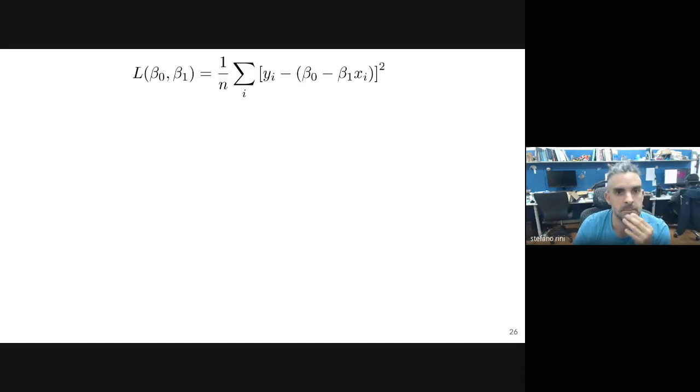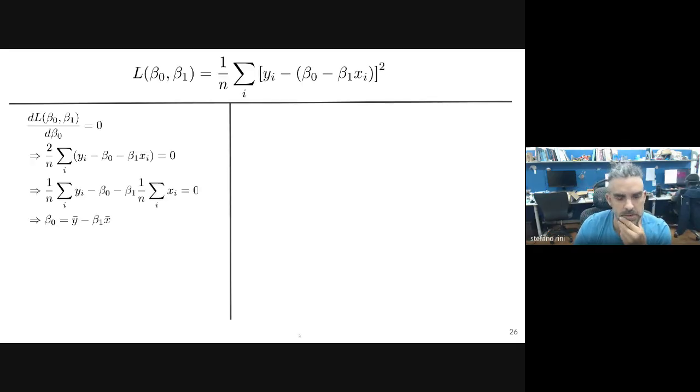So very easy. Then there is some derivation, and you can go through this very quickly. This is the expression. Remember, everything is scalar here, so everything is nice and easy. Y1 is a scalar, B0 is a scalar, B1 is a scalar, X1 is a scalar. We just take the partial derivative of the loss with respect to B0, and then we set the derivative to 0. This is what we do to find the minimum of a function. We set the derivative to 0, then we check the second derivative. The second derivative is, of course, always positive, so it's going to be a minimum.